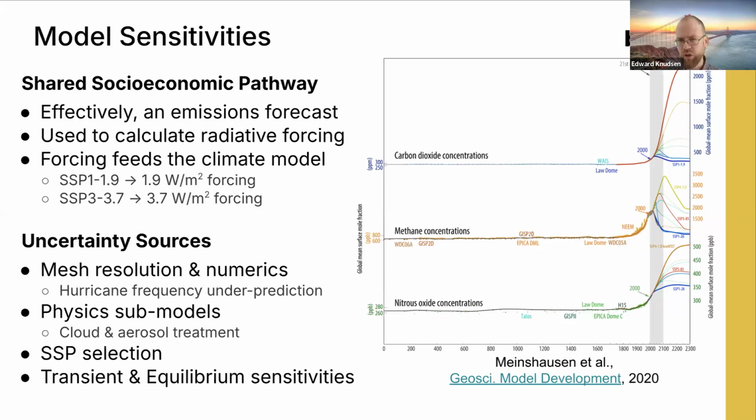It's also important to be aware, again on the probabilistic topic, that it may not be that we land on one SSP in particular. These are all discrete curves, but reality might be a blending of these curves. It might be a little more of this curve for a while, and then a little more of that curve for a while. So there's an inherent uncertainty in the assumptions about these SSPs that is important to be aware of when interpreting results. Other uncertainty sources in these models besides the SSPs are mesh resolution.